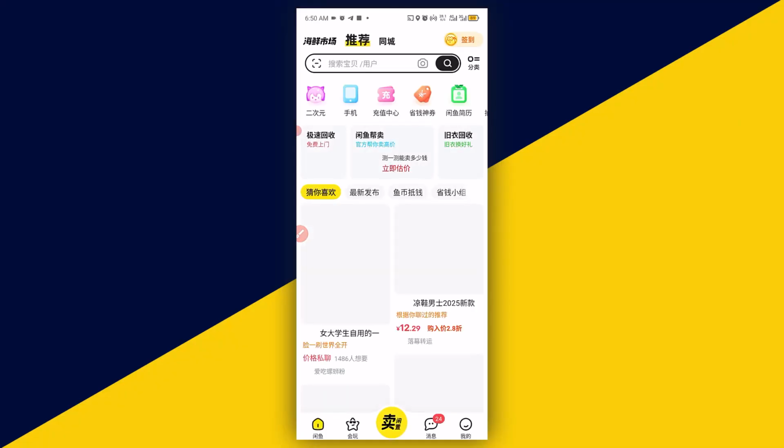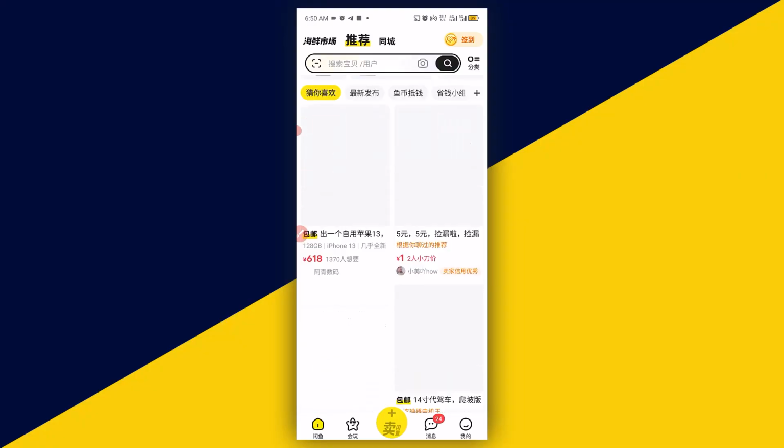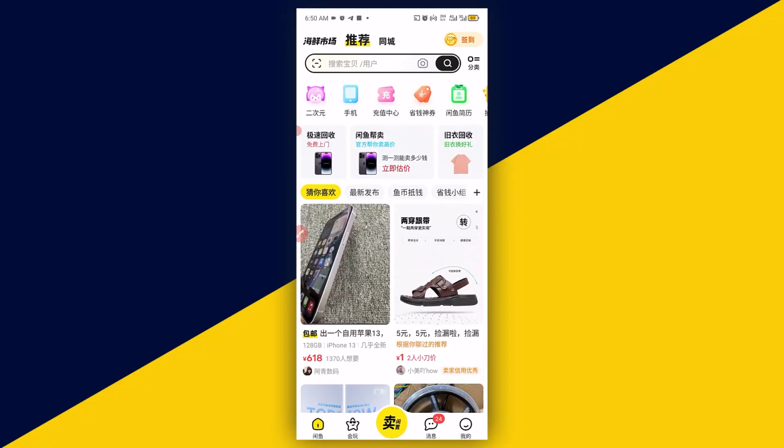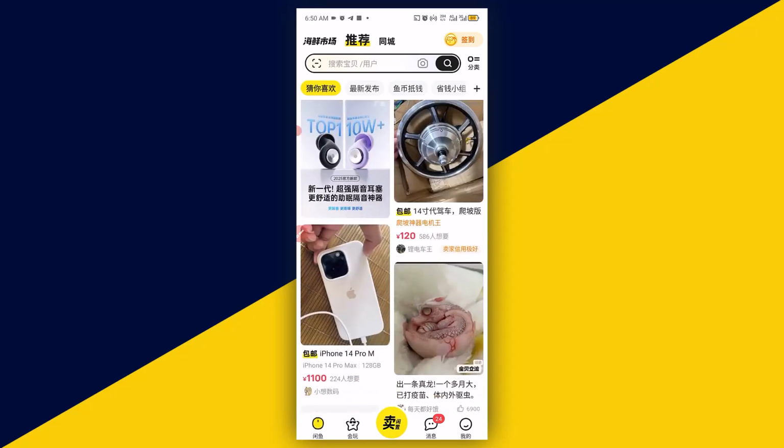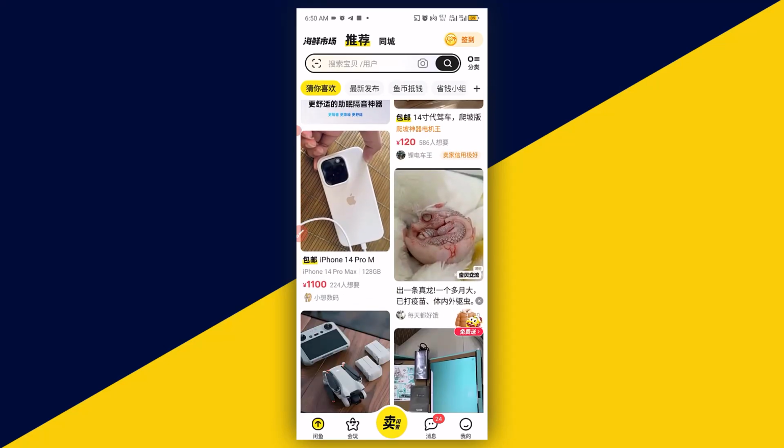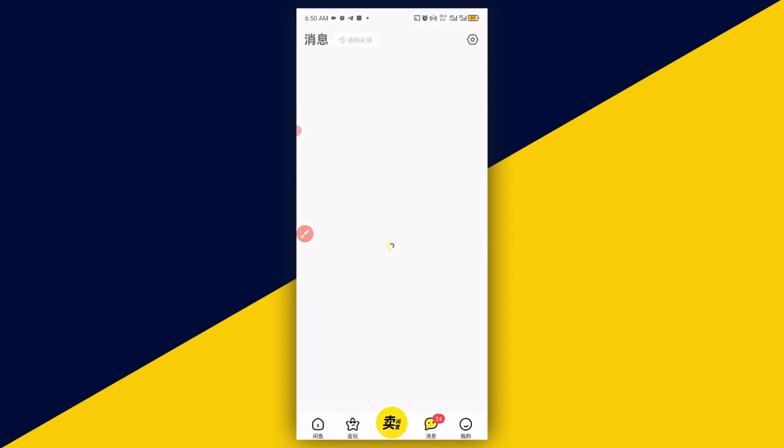So having opened up your Xianyu app, the same way you search for product on 1688, it's the same way you search for product on Xianyu. After you search for products, go ahead and communicate with the seller. So I'm going to go ahead and open up my chat box right here. I have a particular product I want to use as an example on how to place order live and direct